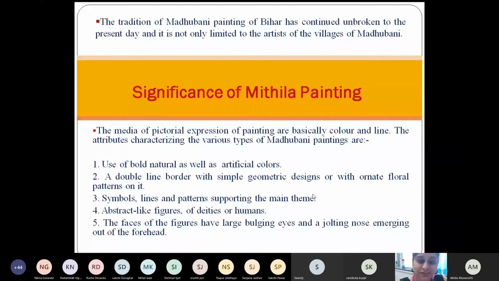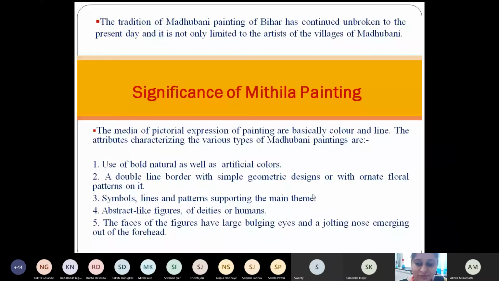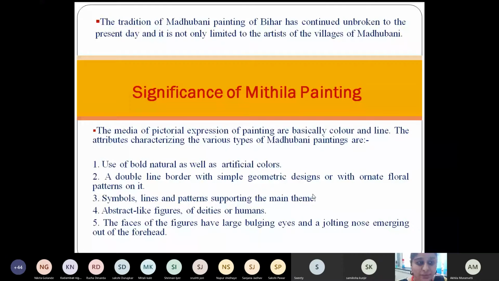A traditional Madhubani is usually represented with a line or with bold filling. You will never find the usage of any other mediums apart from geometrical figures or some deities or some animals. The most common animals that you will see are peacock and fish. That's the most common thing used over here. And there are some other abstract figures also. So as I was mentioning, deities, some humans,